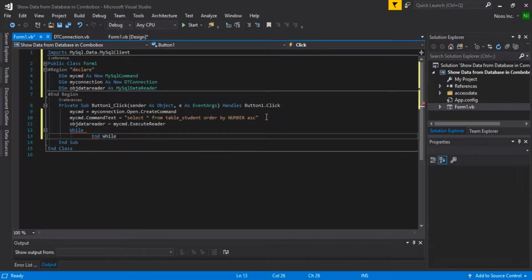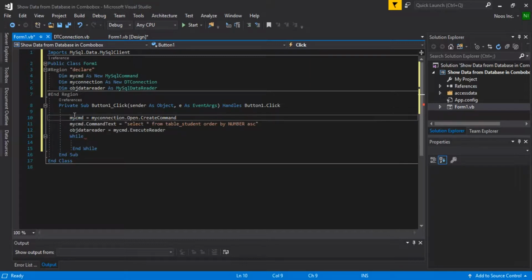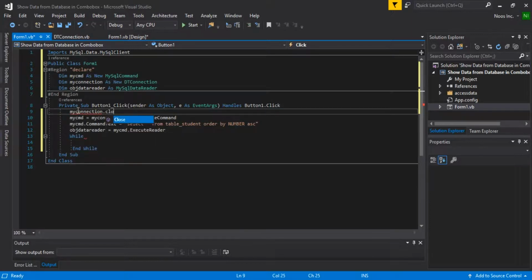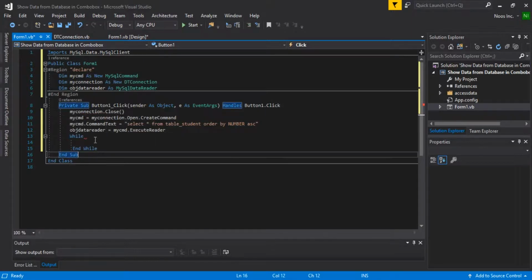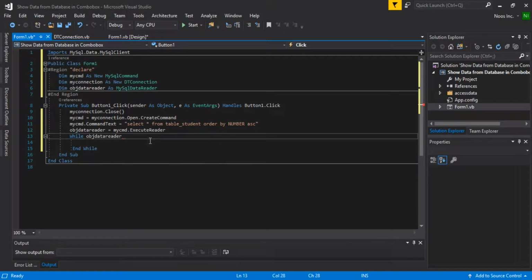And because we are using a loop here, guys, we need to close our database for safety. So at the start of our command, it's better we add my connection dot close statement here like this. While object data reader dot read. Okay. And then